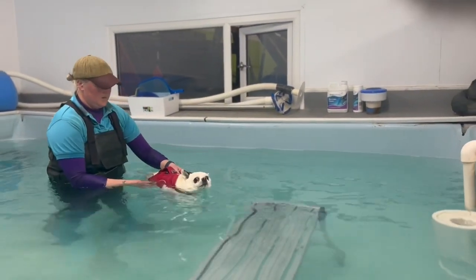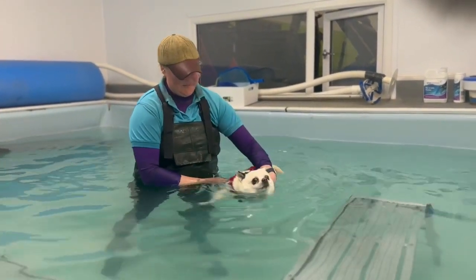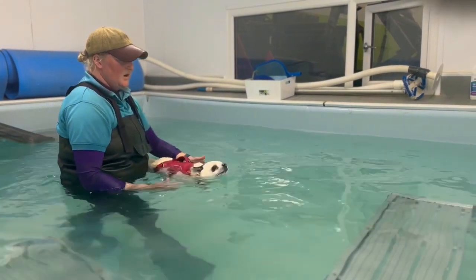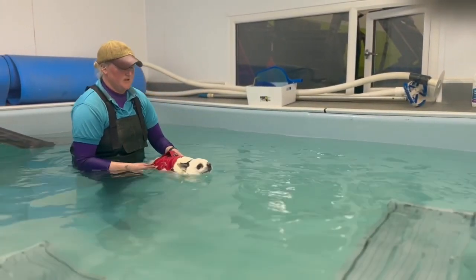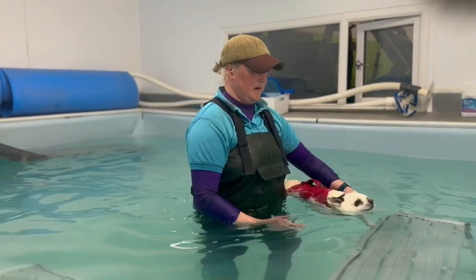So Debbie, obviously he's a little tiny dog, and you've got a German Shepherd coming in afterwards as well, and my Labrador's going to be coming in for a swim. Are there any breeds that you wouldn't swim? Purely based on breed? Not breeds you wouldn't swim per se. There's breeds you have to be careful swimming, especially these short-nosed breeds. You've got to be careful with their breathing, and